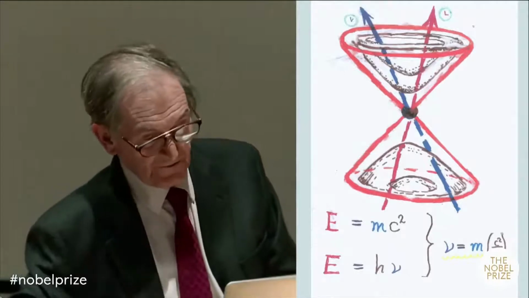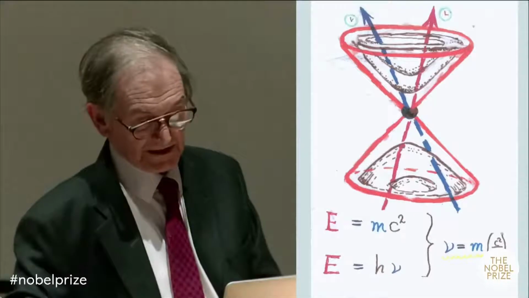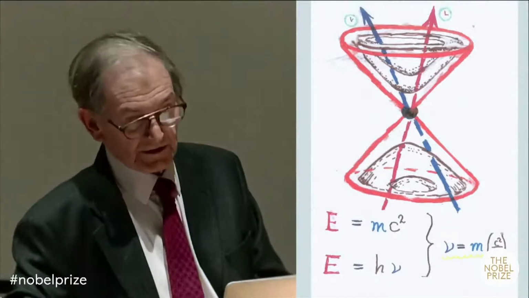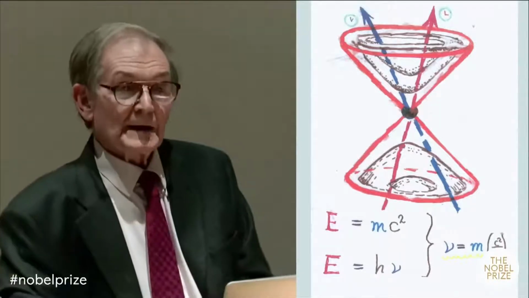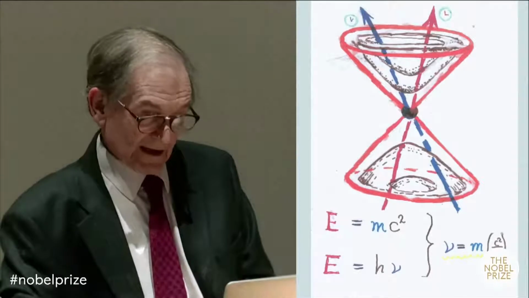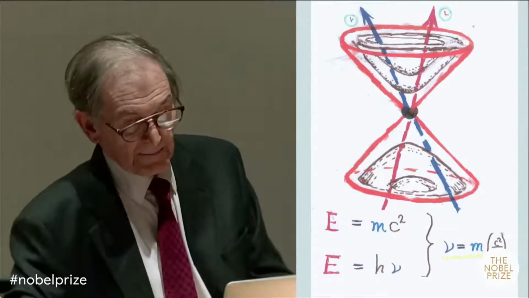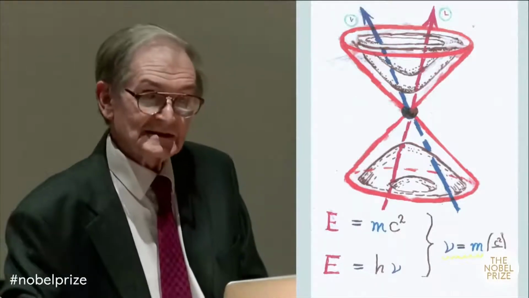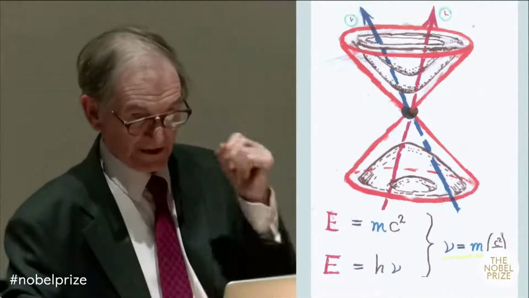And by the two formulae at the bottom, we have the two most famous formulae of 20th century physics: Einstein's E equals mc squared and Max Planck's E equals h nu. You put the two together and you see that energy and frequency are equivalent from the Planck, and energy and mass are equivalent from Einstein. Put the two together and you get that mass and frequency are equivalent, which tells you that a massive particle is a very perfect clock. So this is where you get the metric structure.